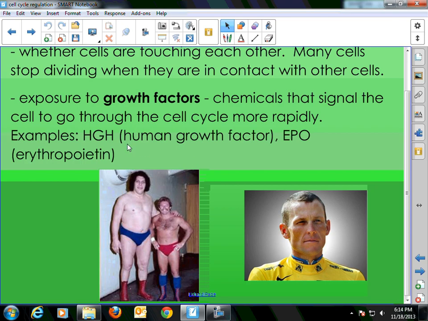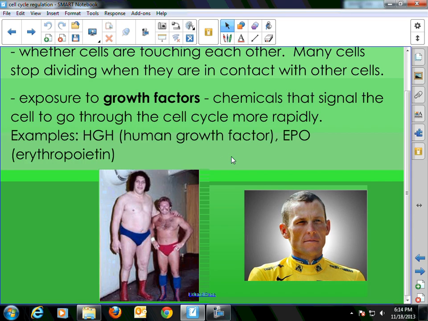So the growth factor does make the cells divide more rapidly. It does make them grow faster, but you can always have too much of a good thing. And I think in Andre's case, that's what happened. The other growth factor I want to talk about, erythropoietin. This is a hormone which causes red blood cells to divide rapidly, and it makes them at a much higher level in the human body.